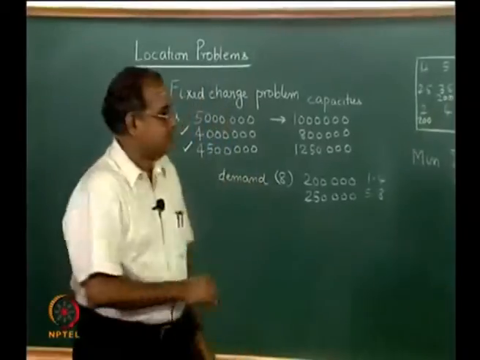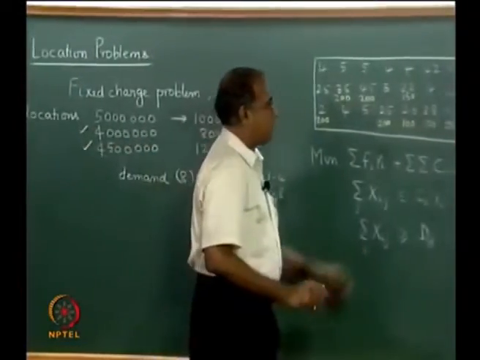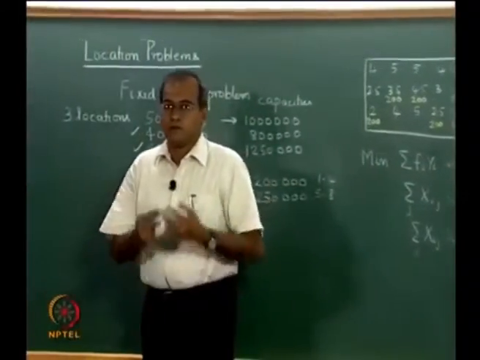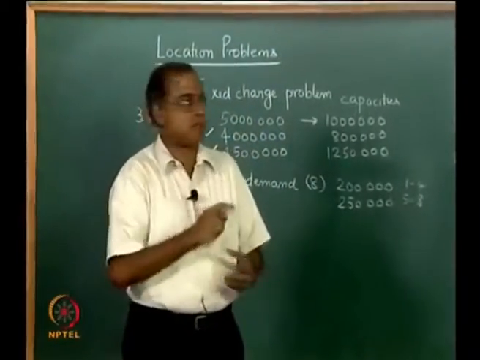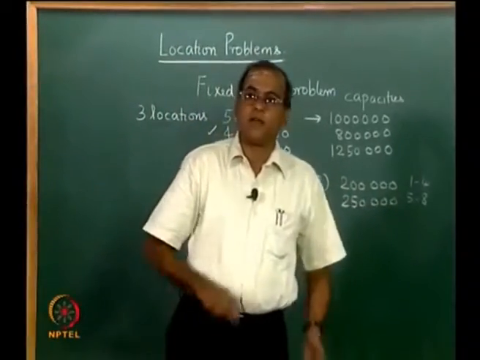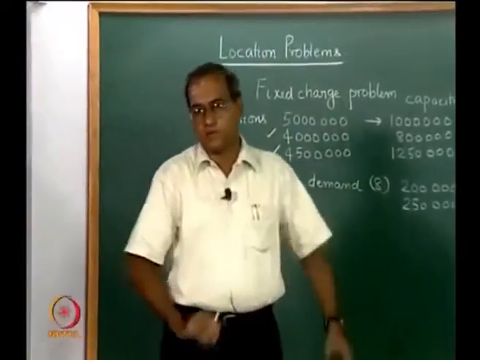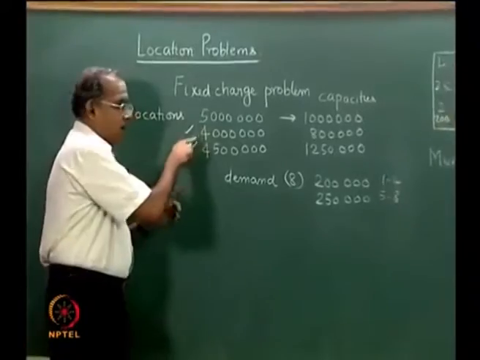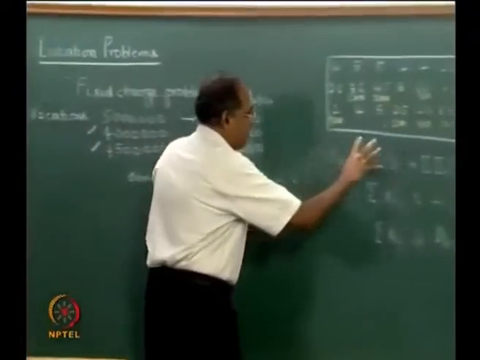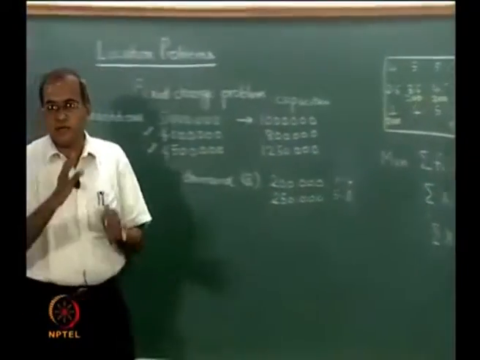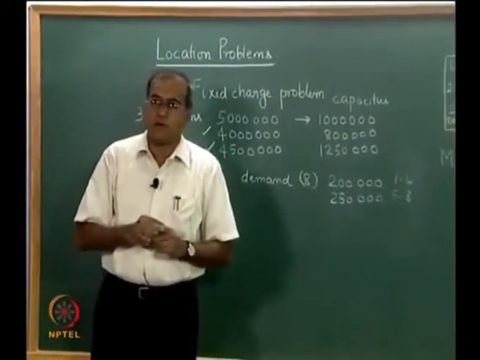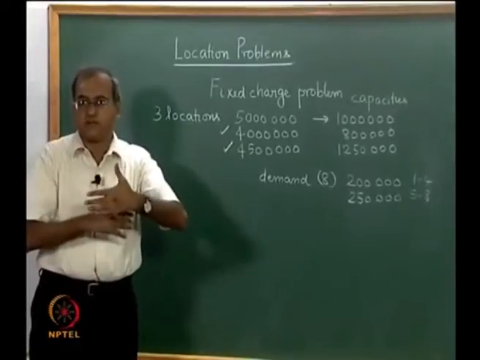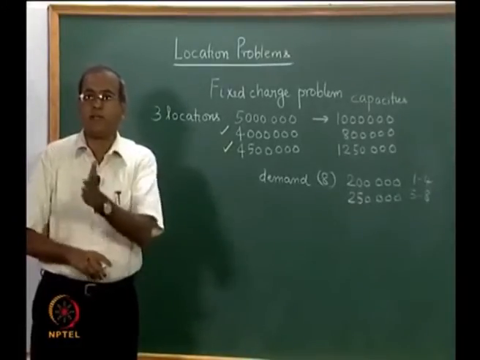Now, this is the solution that we get if we formulate this problem as an integer programming problem and solve. Sometimes heuristic solutions are also sought for this problem, where the heuristic solution can be of two types. One is to try and locally optimize the cost, which is the total fixed cost that is required, which means to choose facilities that have lower fixed cost that together can meet the total demand.